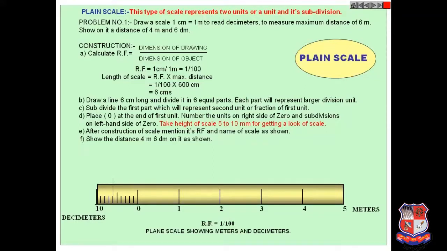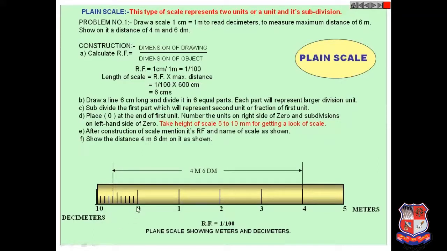Okay, now we have to show different distances on this plain scale. So first of all, 4 meter and 6 decimeter. This 0 1 2 3 4 5 is shown in meters, that will indicate meters. So one line from 4 meter. Okay, you have to show 4 meter and 6 decimeter on this plain scale. So first of all, draw one line from 4 meter and another line from 6